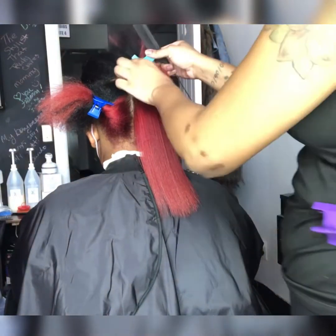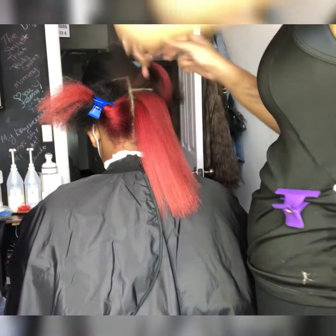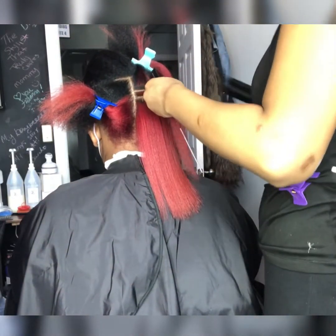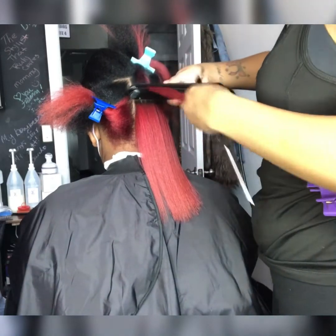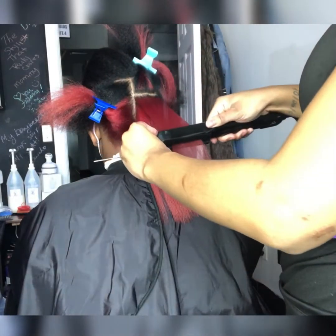it is so pretty. Now, initially, she did want to go for the peekaboo look, which, of course, is when a majority of the hair is one color, and once you drop that down, you can't really see the other color that's hidden in it until you comb it or move the hair. But anyways,